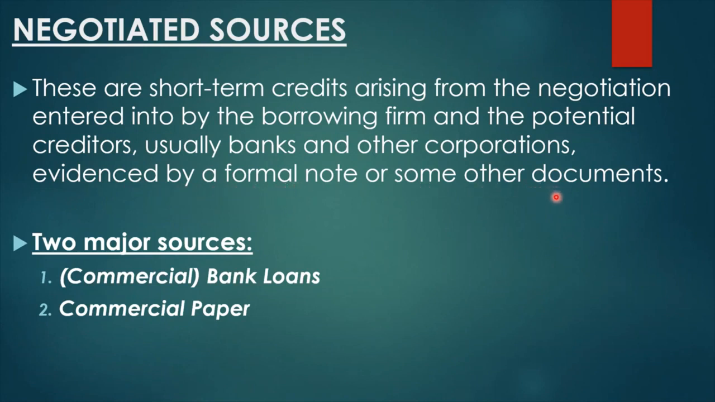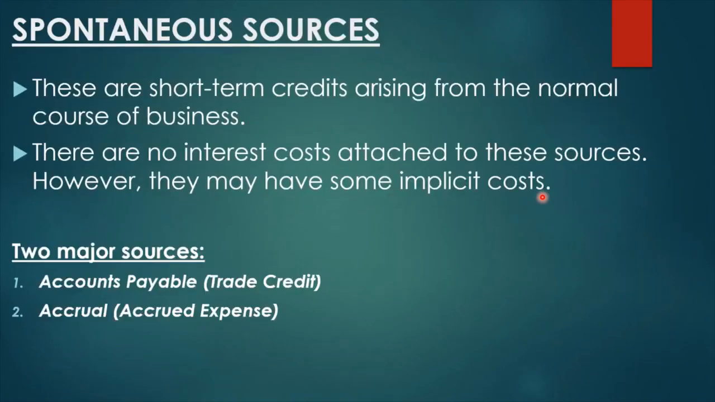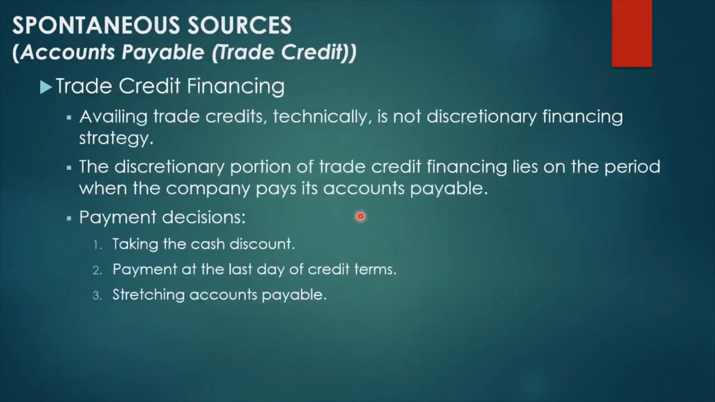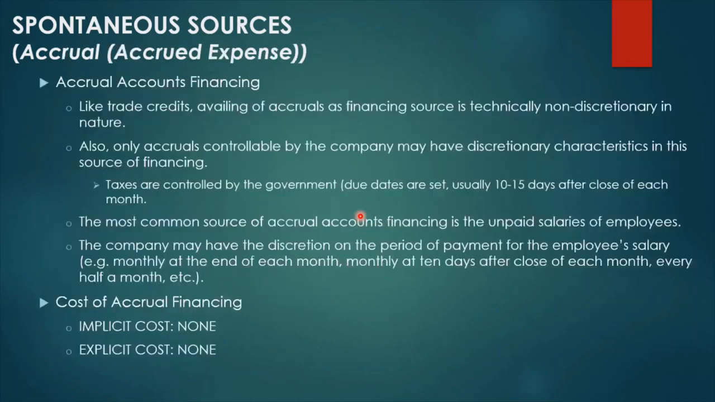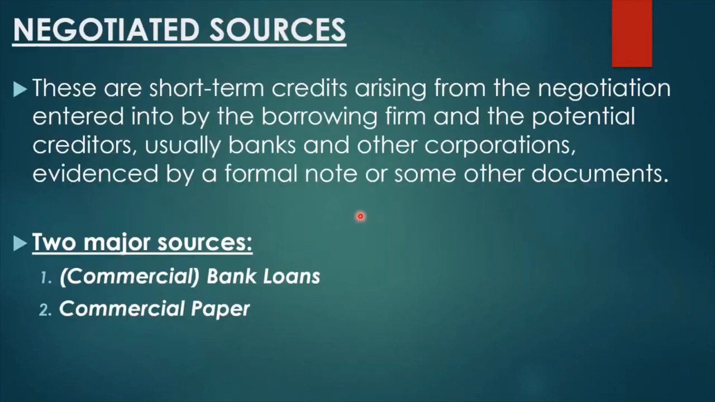So, makita natin as opposed kay spontaneous, ito, wala halos negotiation. Bakit? Kasi it is made on normal operations ng business. Na pagdating kay negotiated, medyo nagkaroon ng formalities kasi nagkaroon na ng negotiation between the borrower and the creditor. And since naging mas formal na yung negotiation nila, this transaction is evidenced by a formal note or some other documents. Ito si negotiated sources. May usapan or negotiation or agreement na nangyari between the two parties, between the borrower and